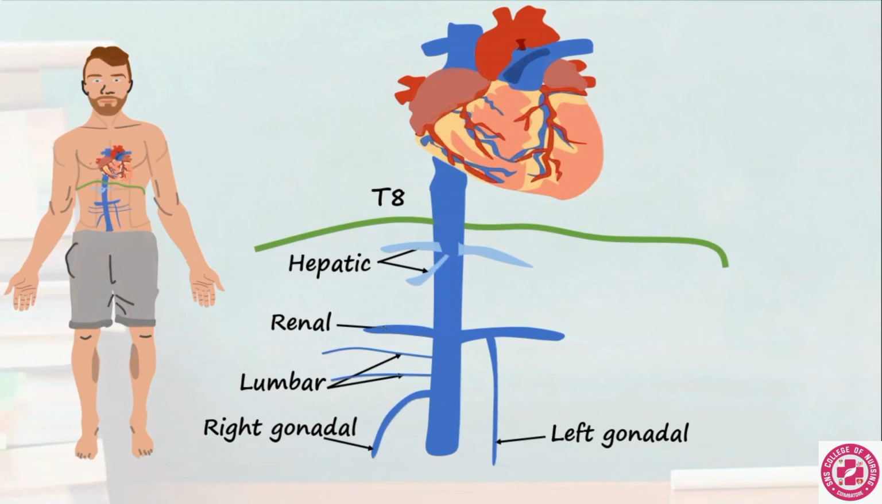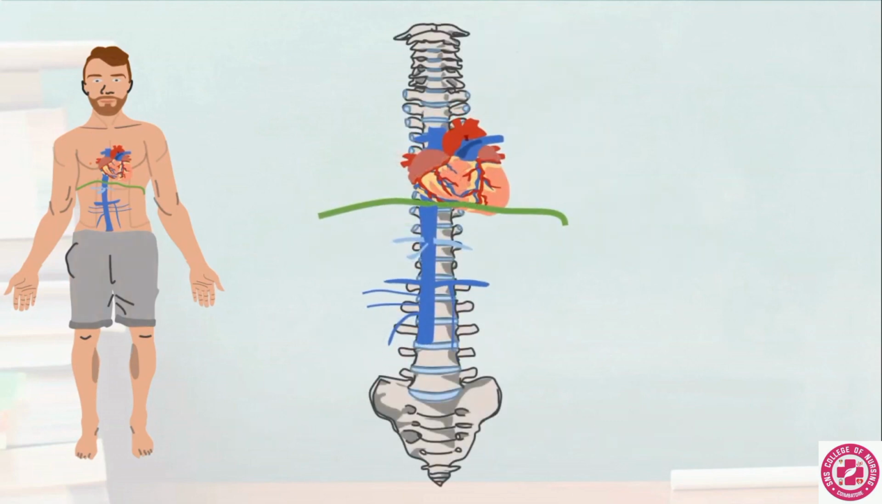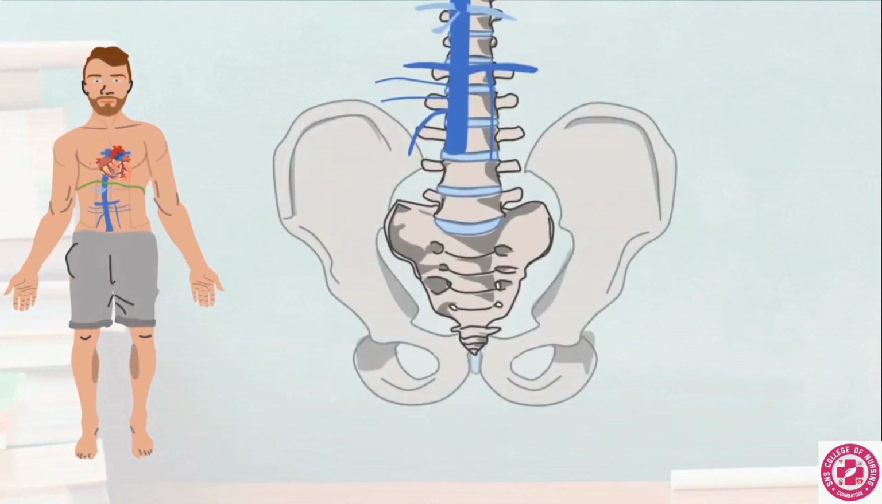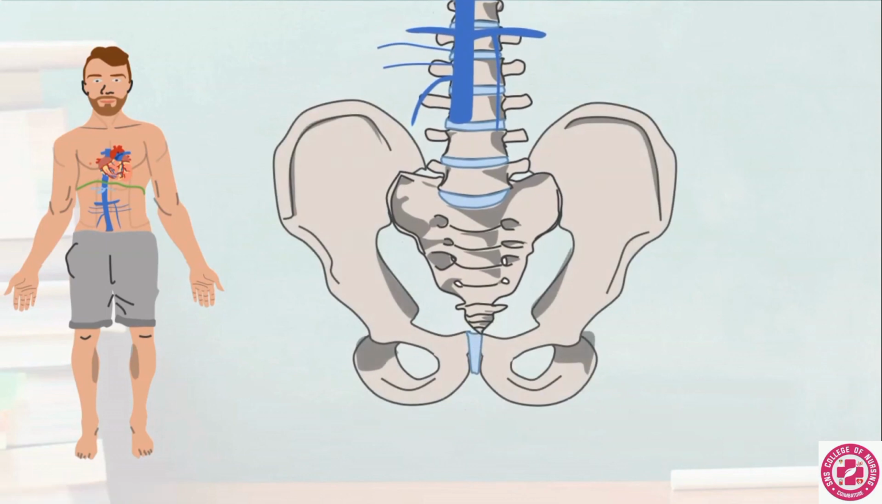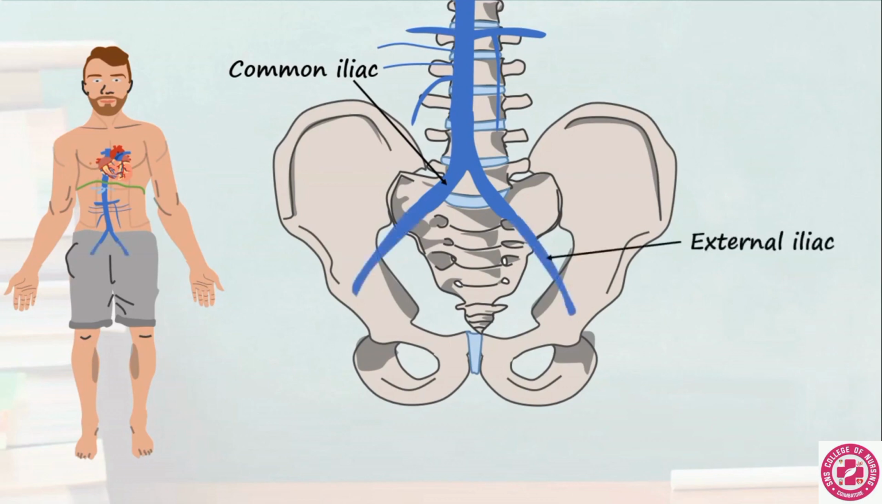Here's how the inferior vena cava sits in relation to the vertebral column. Let's follow the inferior vena cava into the pelvis. At approximately L4-L5, the inferior vena cava receives the 2 common iliac veins. These themselves receive blood from the lower limb via the external iliac vein and blood from the pelvis via the